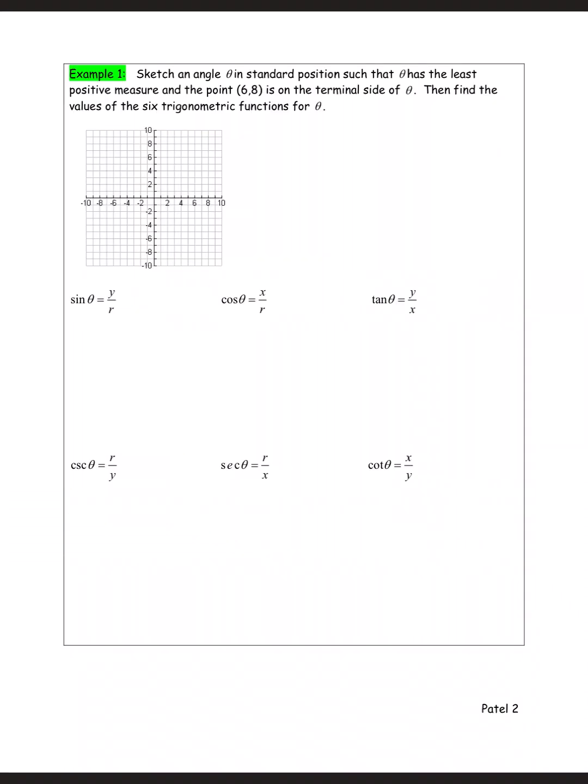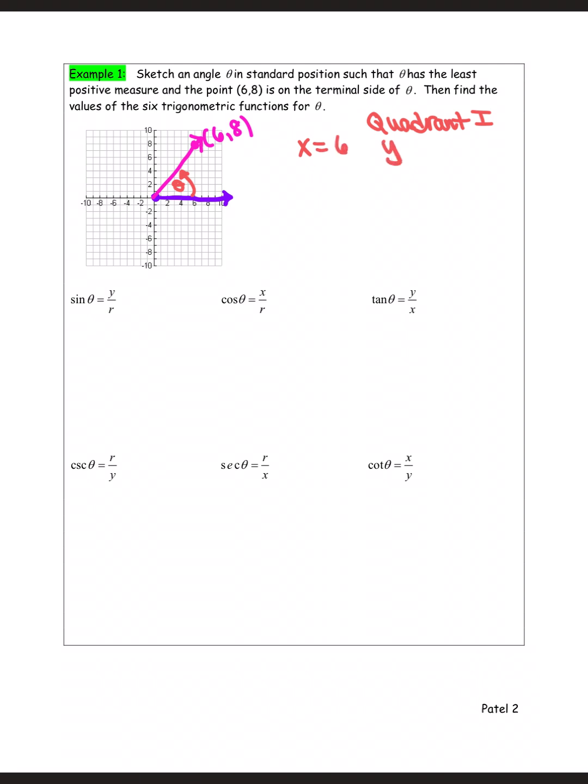So here we're going to start with our angle theta in standard position. Once again, I'm starting at the vertex, and then the positive x-axis is my initial side. And at the point 6, 8, so I'm going to go to point 6, 8. And that's my terminal side. Notice my theta is in quadrant 1. I want to make sure that we are all together, that this is quadrant 1. In quadrant 1, x is positive, so x is